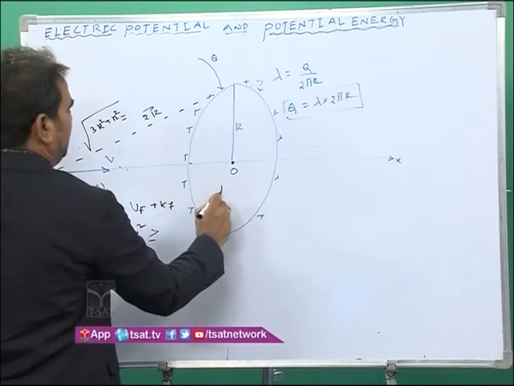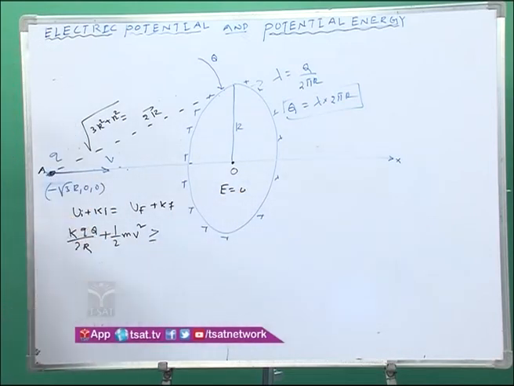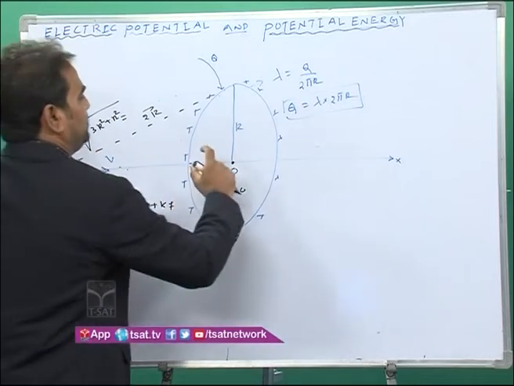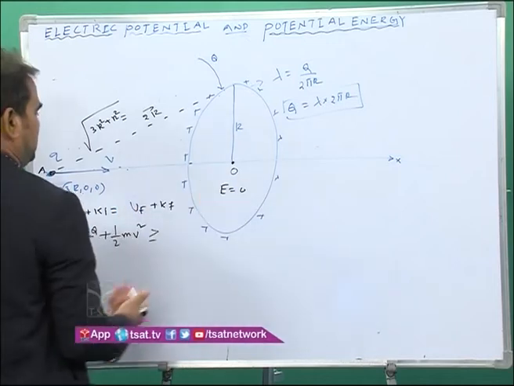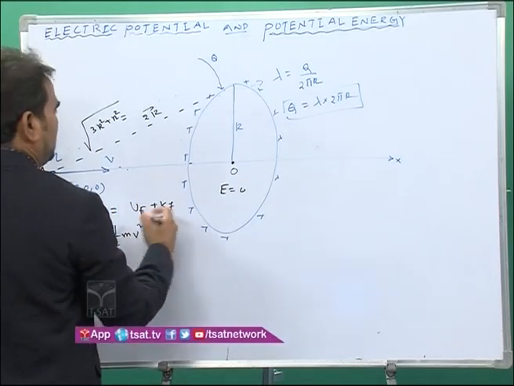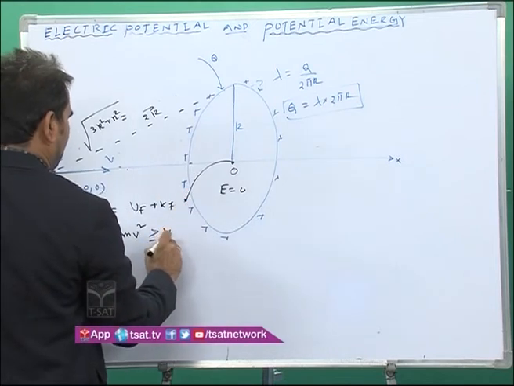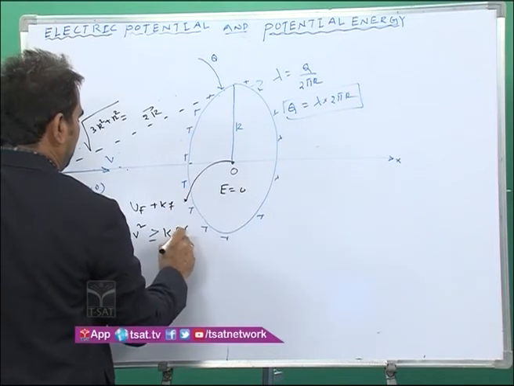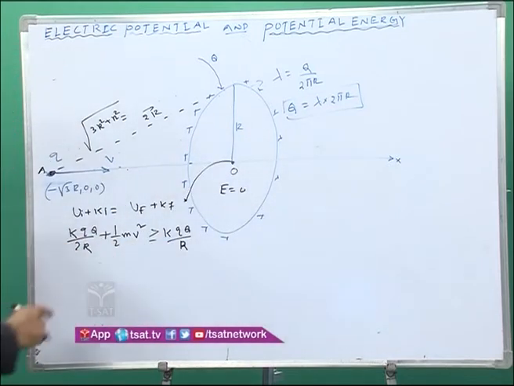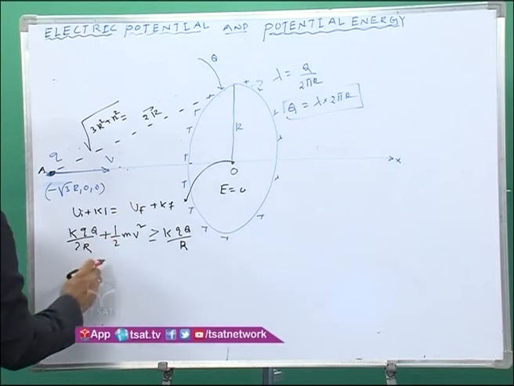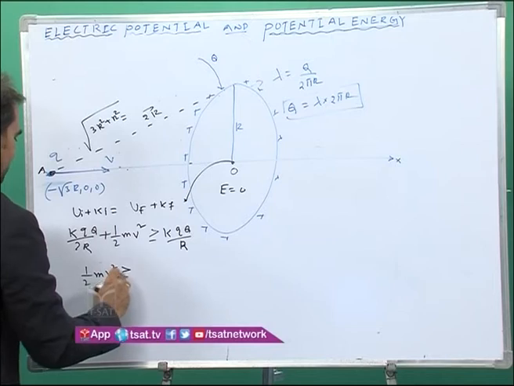because at the center the intensity of the electric field is equal to 0. For the particle never to return back, it must at maximum cross the center of this ring. At this point it has only potential energy. At the center the potential energy is given by k q into Q upon its radius. Therefore, half m v squared is greater than or equal to